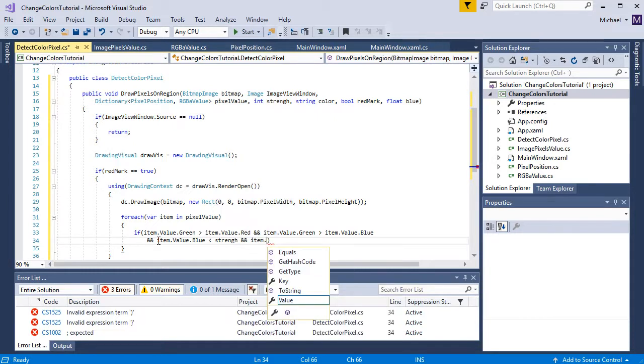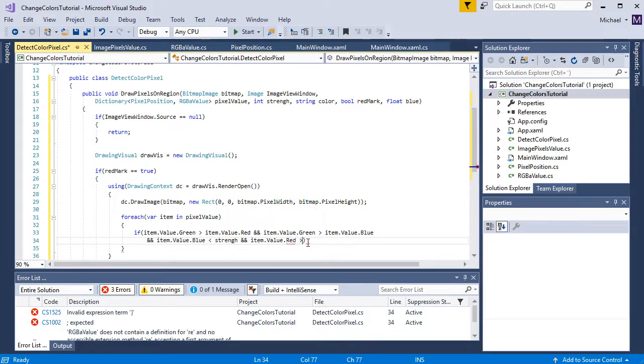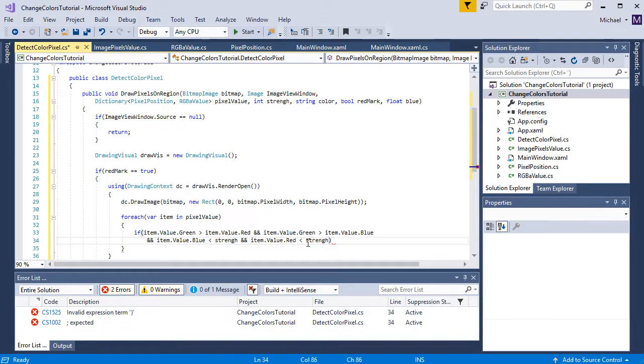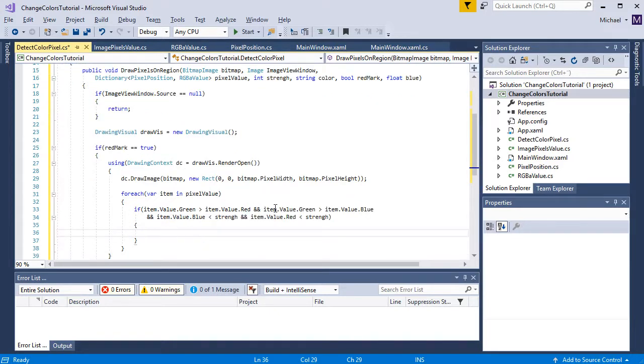So item value red is less than strength. With that, if all these statements are true,